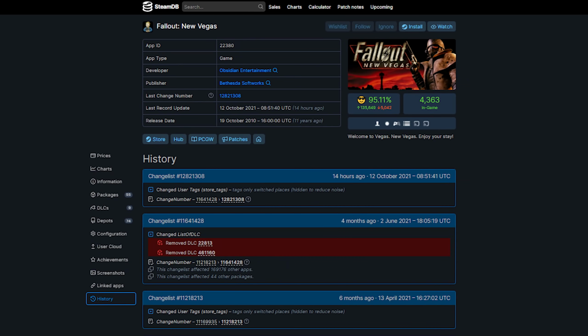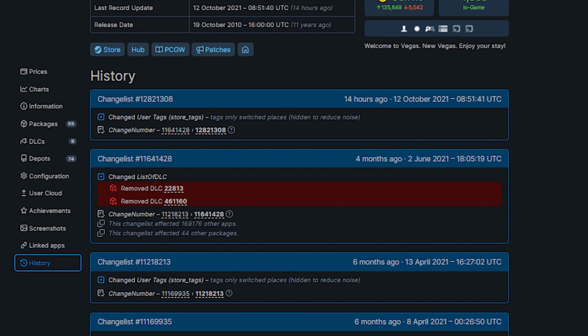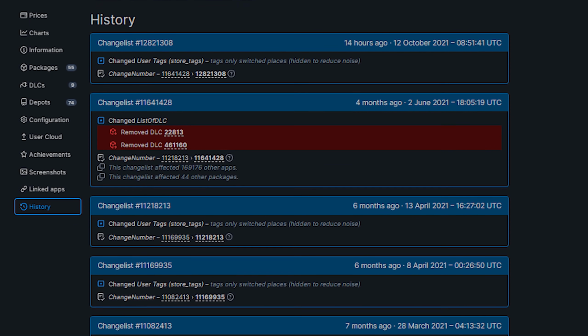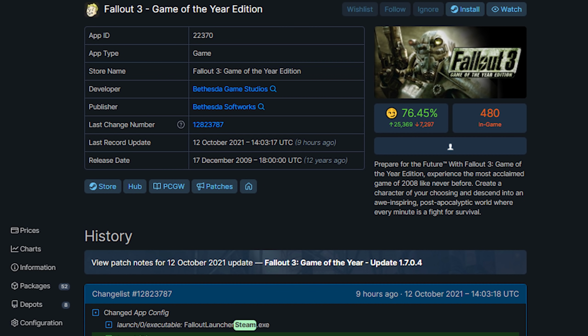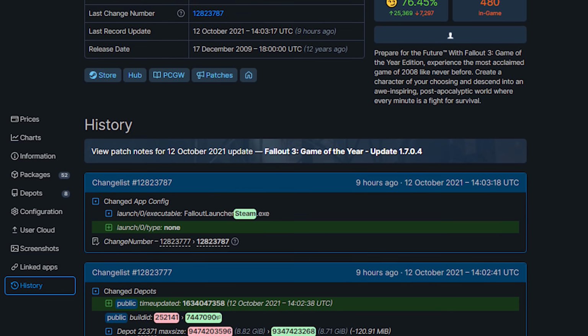You can also see that Fallout New Vegas received some slight tinkering recently when it came to store tags, but otherwise, it really hasn't had anything happen. In the last 4 months, they removed the strategy guide, which is a piece of DLC for it. But again, nothing significant. Meanwhile, with Fallout 3, especially in the month of September, it continuously had updates, tinkering happening